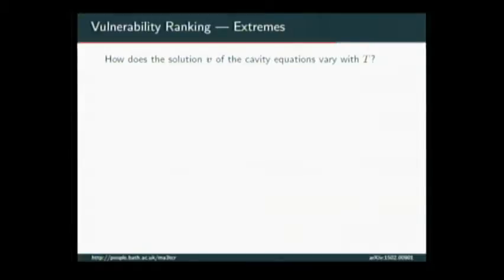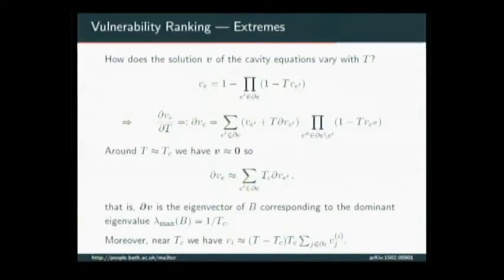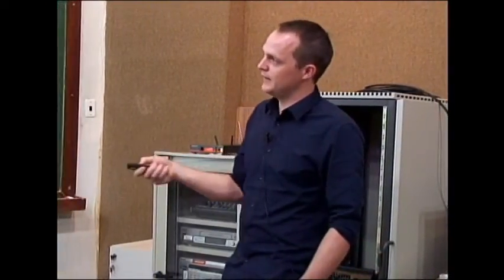It also encodes some information about the relative ranking of the nodes. So if I now think about differentiating with respect to t, so I'm making a small change to the properties of the disease, well, I can go ahead and do that. And close to criticality, I know that most of the vulnerabilities are very small, so again, a linear theory will do. And what I find is the eigenvector-eigenvalue equation, again, from this Hashimoto matrix. So the top eigenvalue tells you how strong the disease has to be to spread, and the corresponding eigenvector tells you the relative ranking of the nodes in terms of how at risk they are in the network.